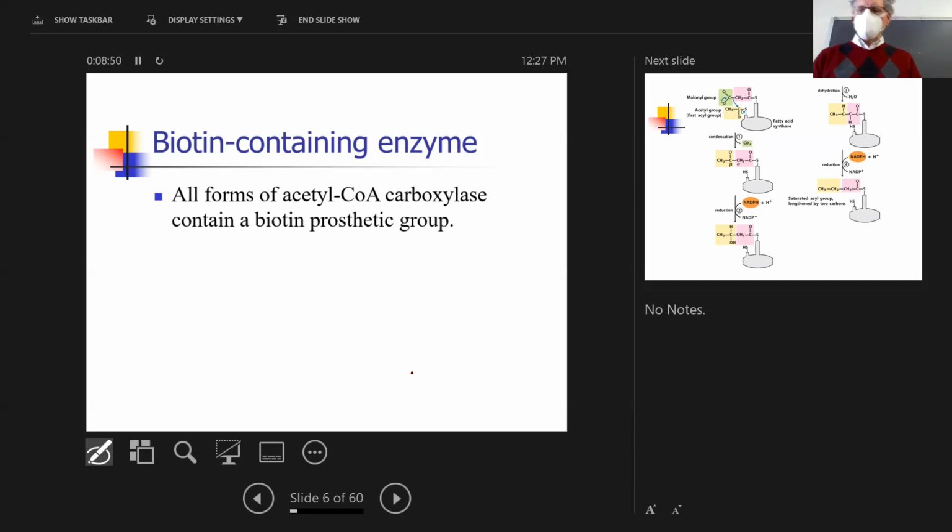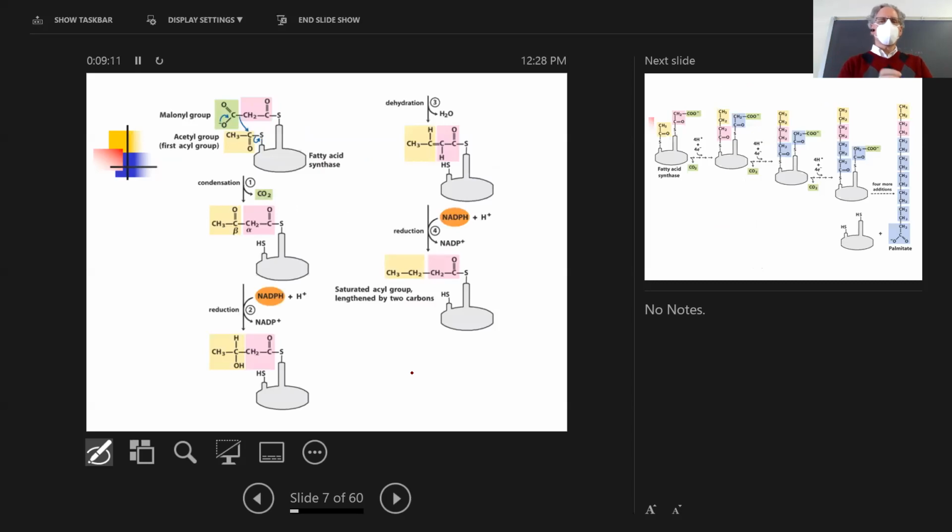All right, so you've made your malonyl coenzyme A, and now you're going to use that to make fatty acids. And the synthesis of fatty acids kind of looks like the oxidation of fatty acids in reverse. And if we look at this picture from our book,